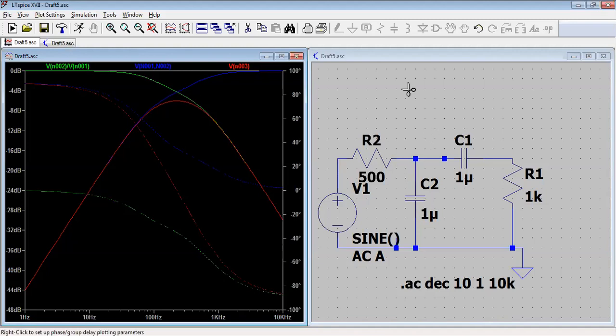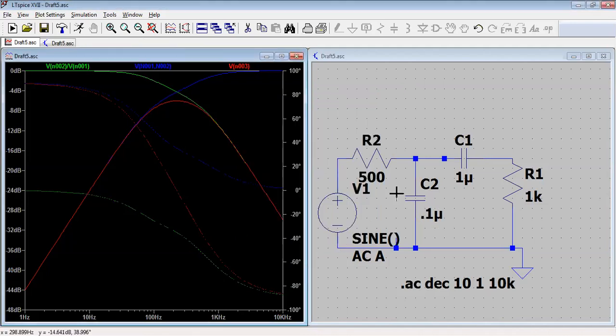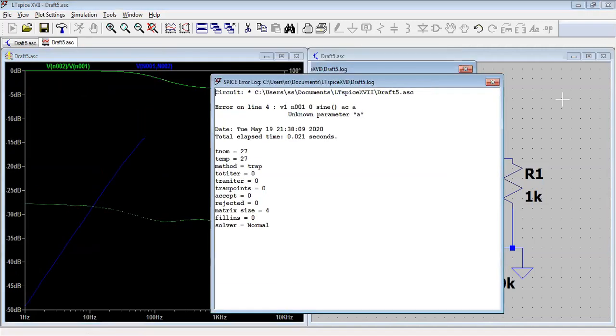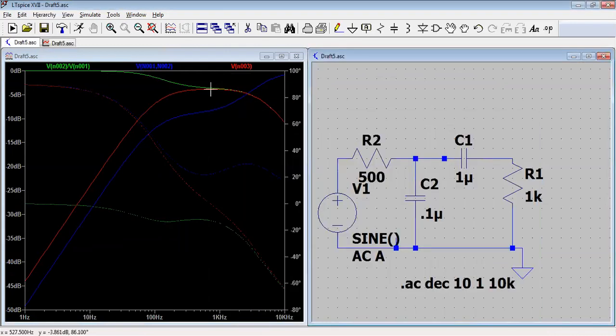Okay, let me do one more thing. In place of this capacitor 1 microfarad, let me put it as 0.1 microfarad. Then see how it will be. Why am I changing the value? Because we want to see the reaction in the low pass filter, how it is going to behave. So here, let me close this particular error, it is coming all the time. So now you can see this low pass filter is very different in nature. So here you are able to see this is the low pass filter, and my band pass filter is following the low pass filter, and this is my high pass filter, but that high pass is not able to follow this band pass filter.